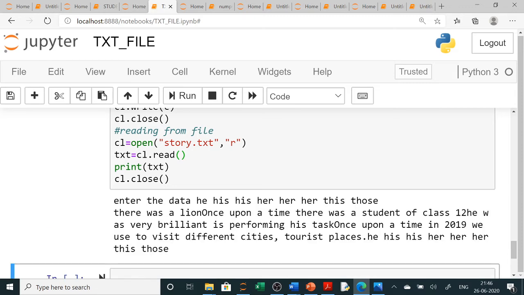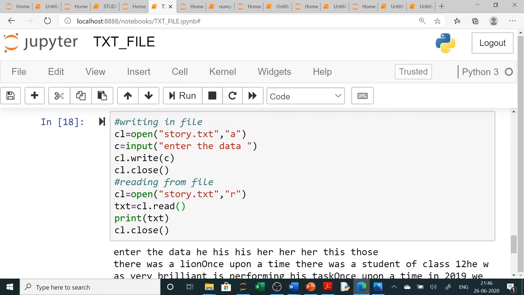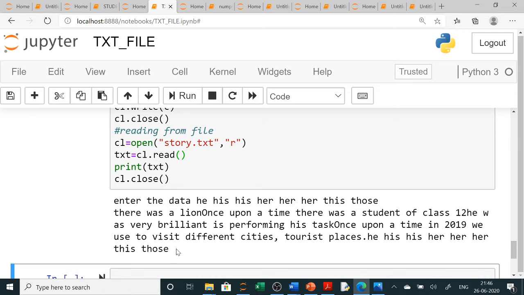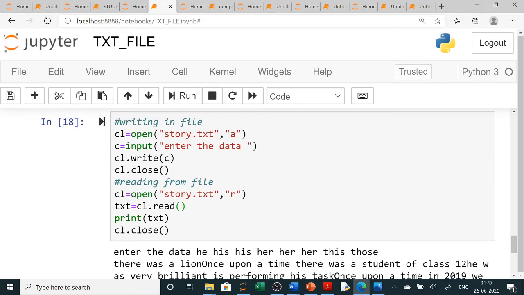When I press enter, the story was already written, all the story was already there. I have added to it, since I have used A for append, which means it adds at the end. So whatever I have just written, you can see it is added at the end. Now in this program, if the question is to count how many vowels there are, you have already read how: you will use a for loop and simply use an if to check if it is A, E, I, O, U, then it will count and print how many vowels there are. Like the same question, you can copy and paste it, and then check how many vowels are there.